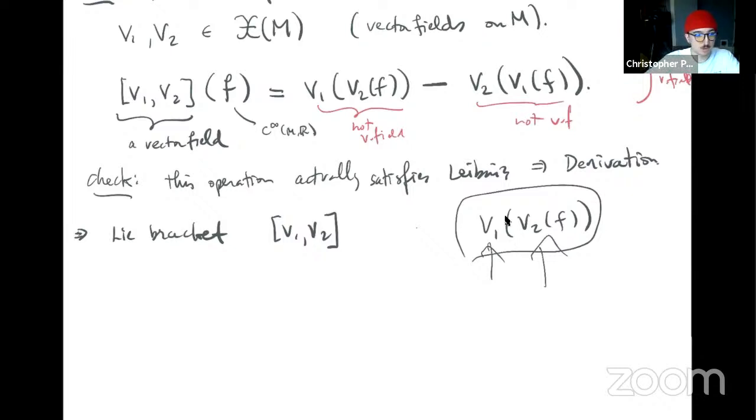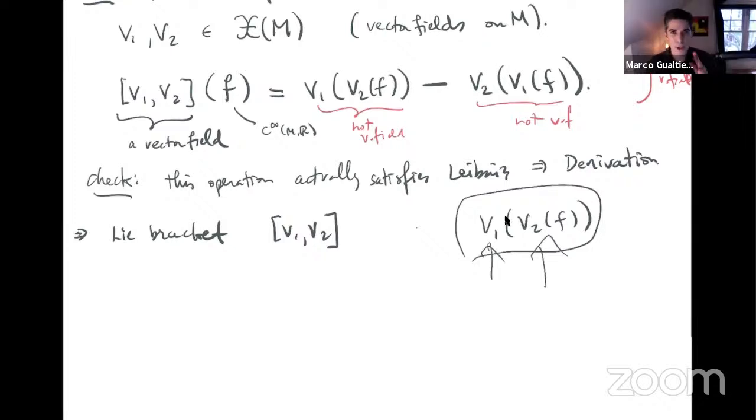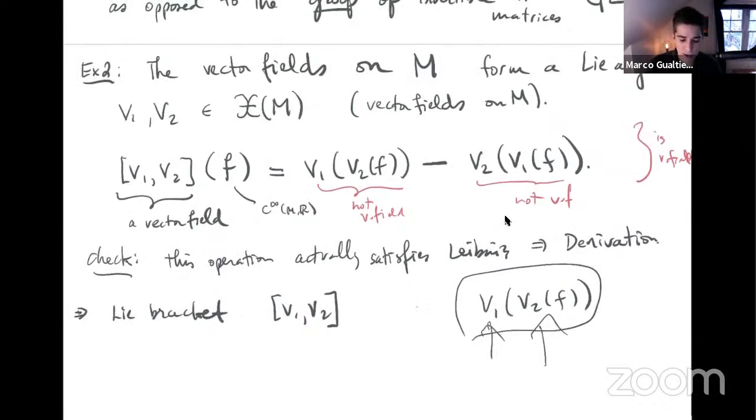So we want to be closed under this operation. If we had these second order derivatives, then it wouldn't be closed. At least it wouldn't be a vector field anymore, right? Yes. Now, I just want to make sure that, the point is that whenever you have,